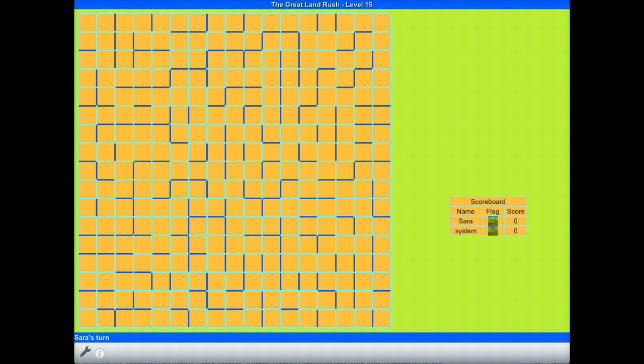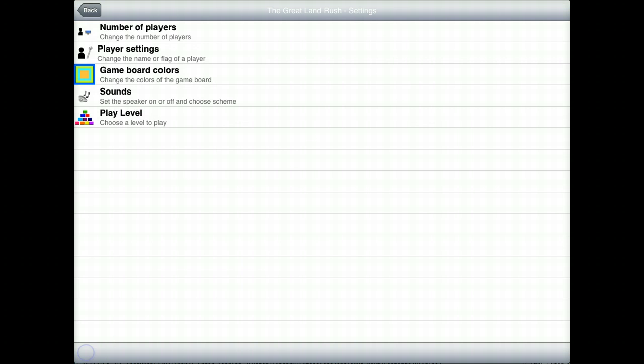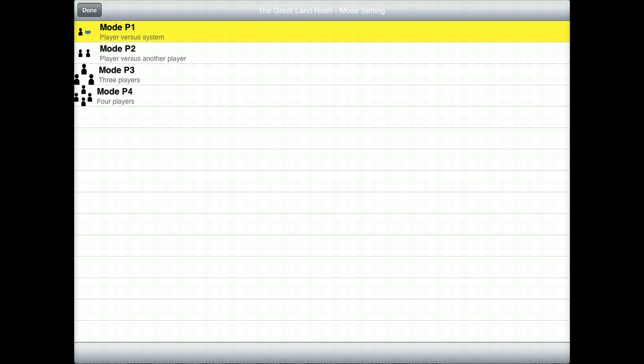To play with a friend or family member, tap on the wrench icon to go to Game Settings. Tap on the Number of Players option. You can see that the game is set to mode P1 where a player plays against the system. You can choose mode P2 to have 2 players or mode P3 to have 3 players or mode P4 to